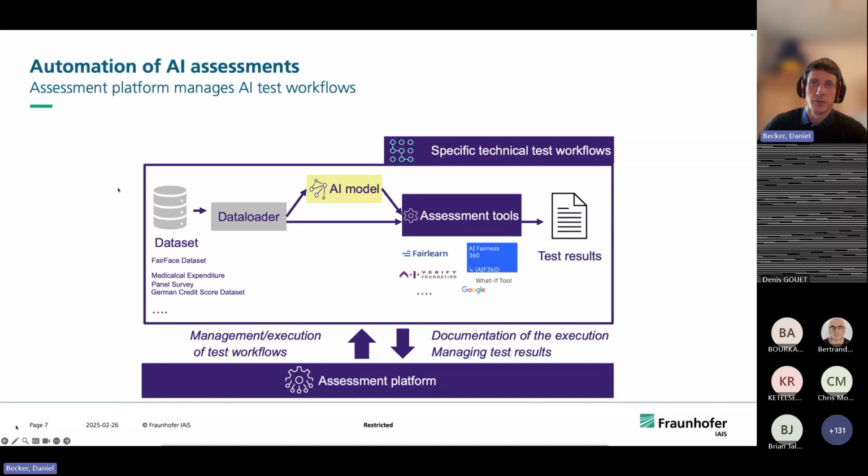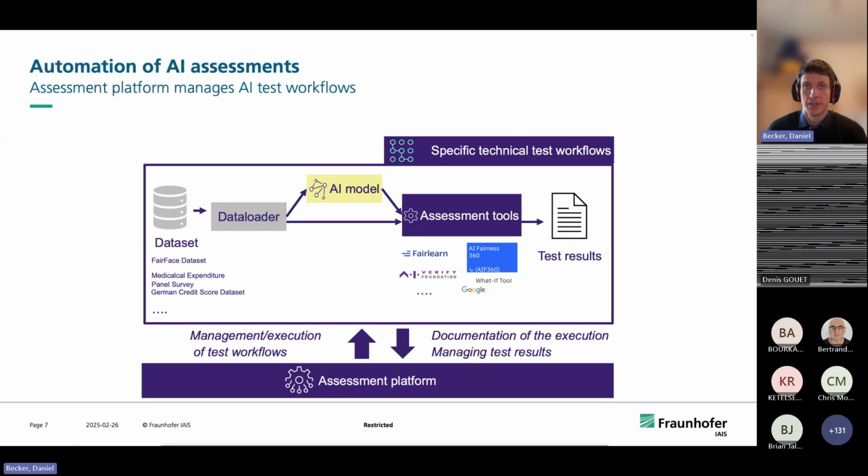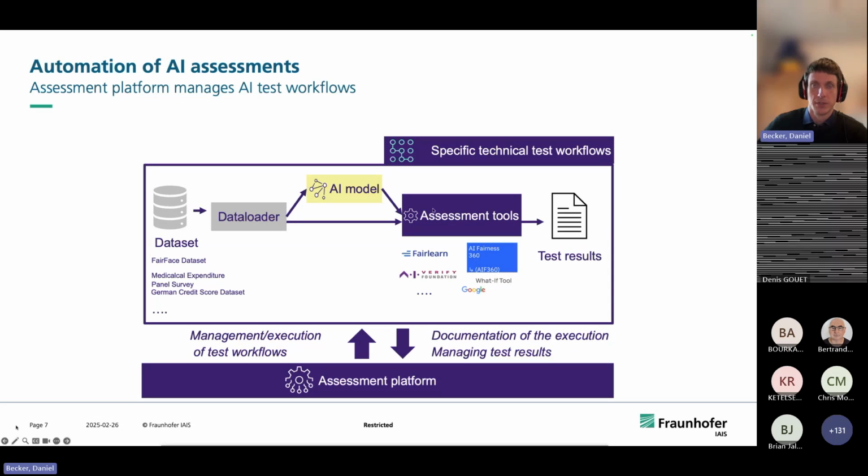And any kind of basic metric test could be mapped to this kind of workflow that we see here. So there's basically a graph that lets these components interact with each other. There we have certain individual components, which are the data sets, the test results, the data loader, the AI model, and the assessment tool here.